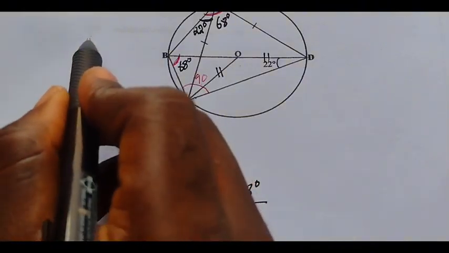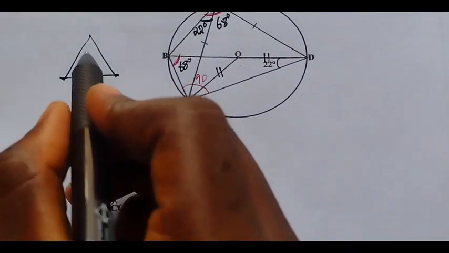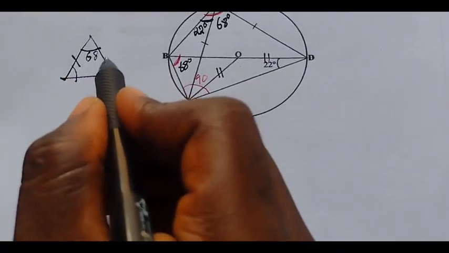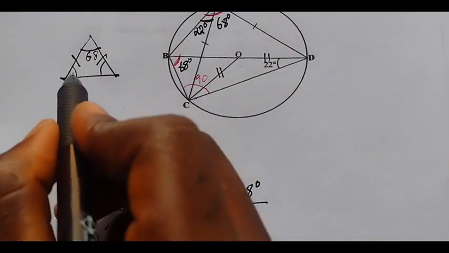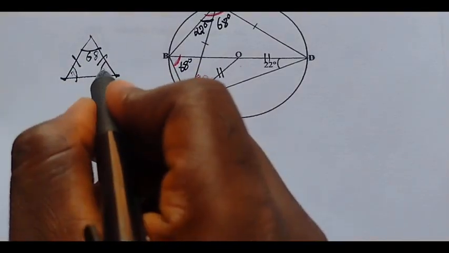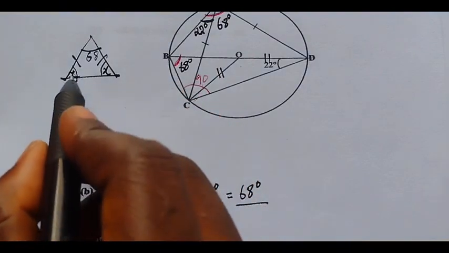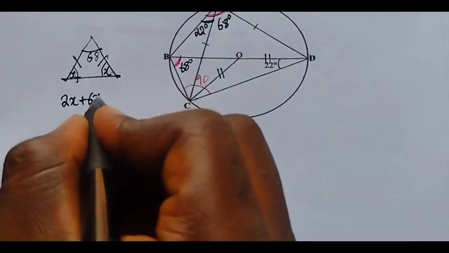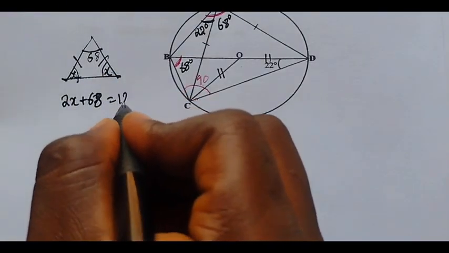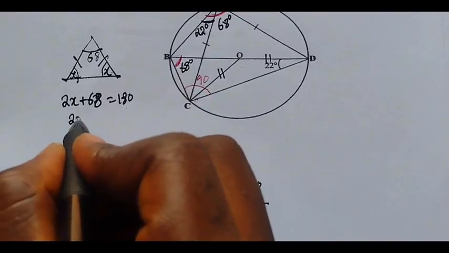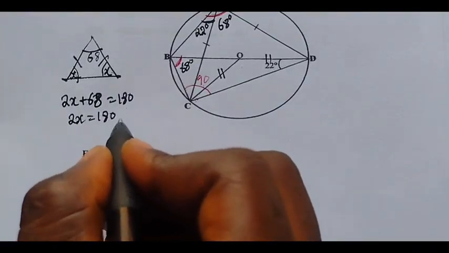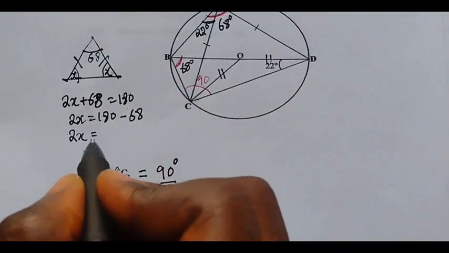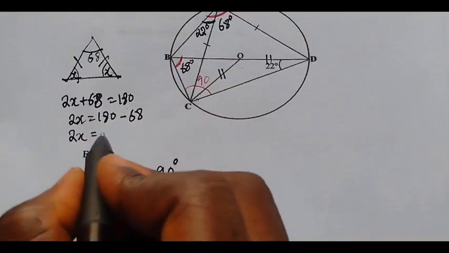So we are talking about having something like this, where you have a 68 right here, and this angle and this angle are equal. So let's say you put an x angle here, and even here an x angle. When you say x plus x, this will be 2x, then plus this 68 is equal to 180. So we have 2x is equal to 180 minus 68. Now when you subtract 180 minus 68, you're going to get something like this,